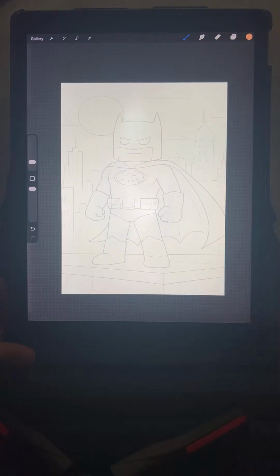Now, as you can see, I am using Procreate. Right now, I will show you the process, the procedure, I mean, on how this goes. Now you start off with a sketch,